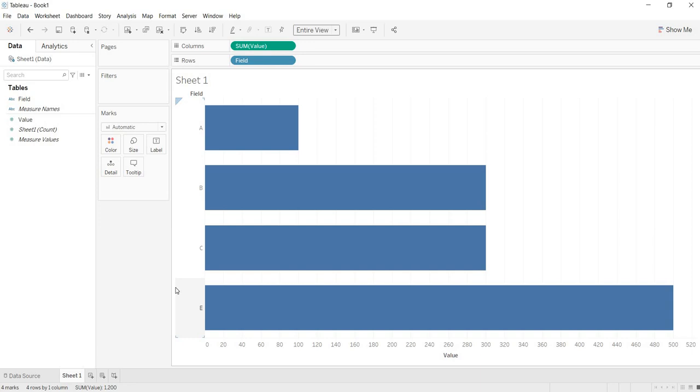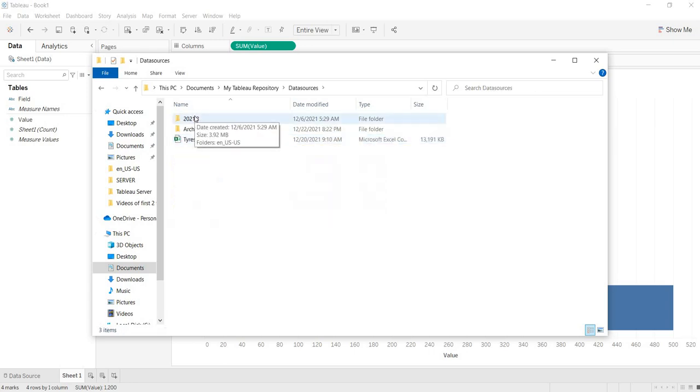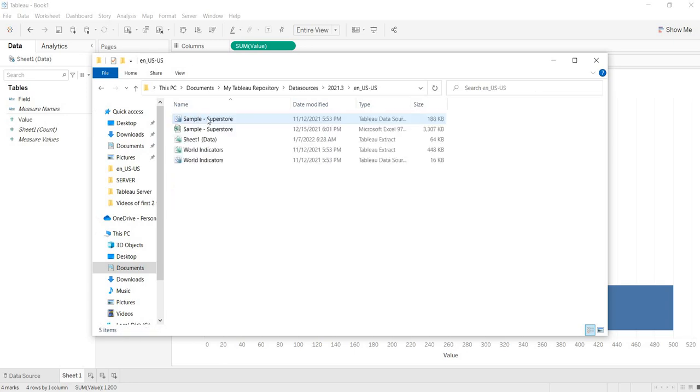Earlier than the 10.5 version, the extension used to be .tde, but from the latest version it changed to .hyper. Now you got your extract.